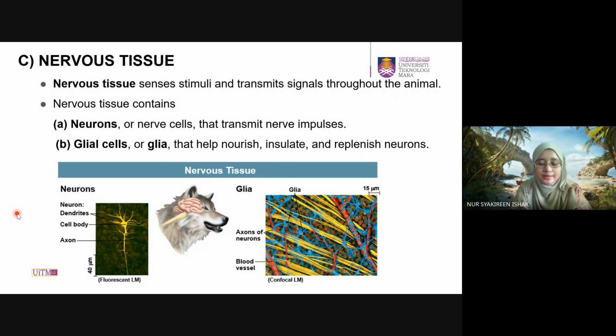Okay, so next one is the nervous tissue. The nervous tissue senses stimuli and also transmits signals throughout the animal. Nervous tissue contains neurons, or the nerve cells, that transmit nerve impulses. And then we have